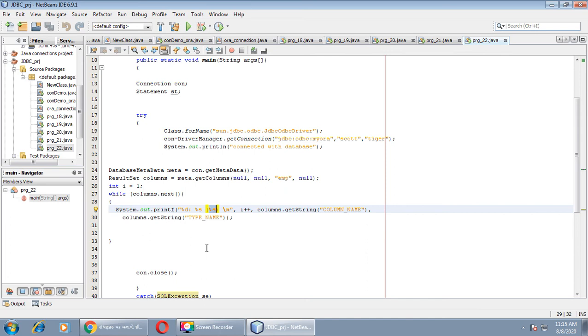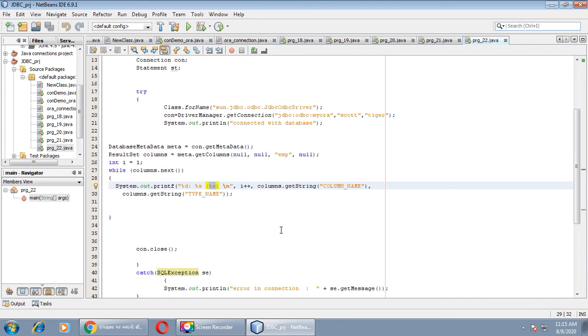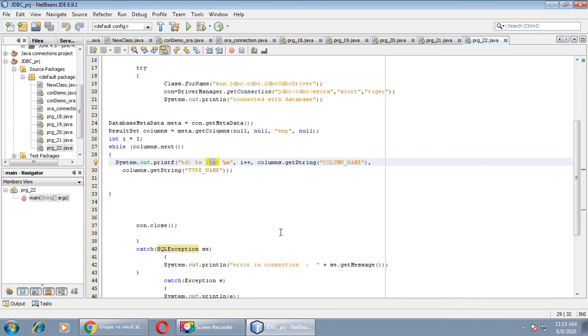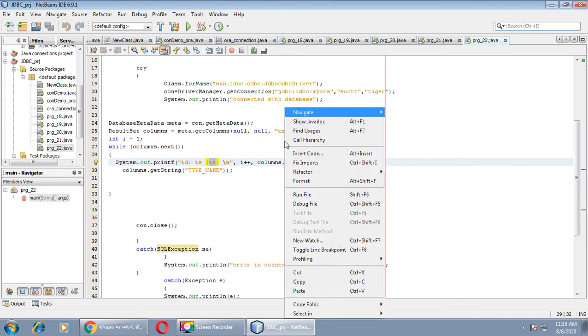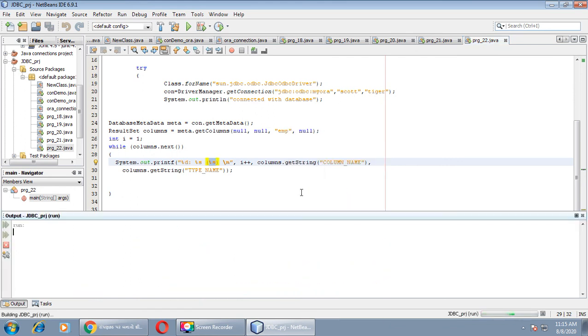As all of you know, in the employee table there are 8 columns, so this while loop will iterate 8 times, and then connection.close, and as usual the catch blocks. Let me execute this program.